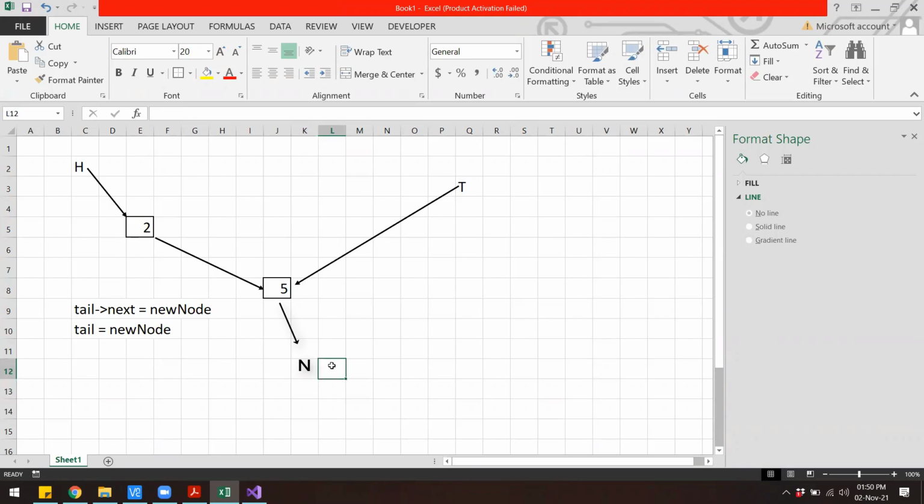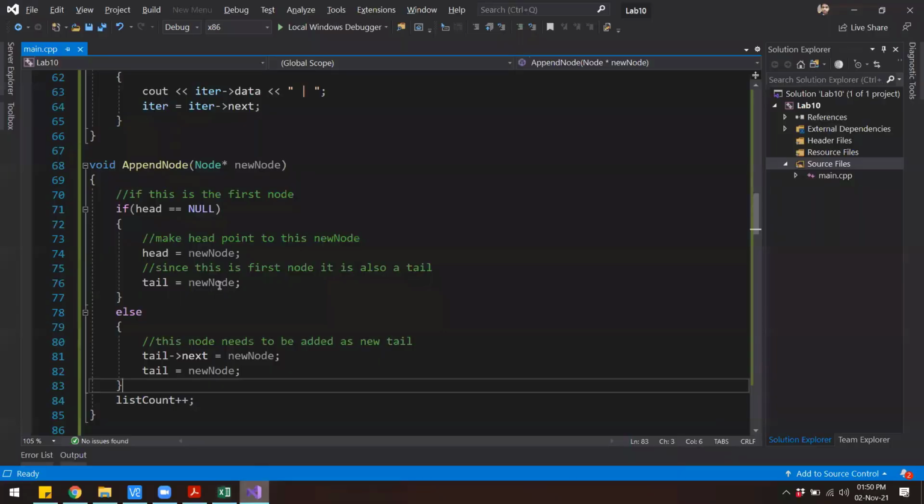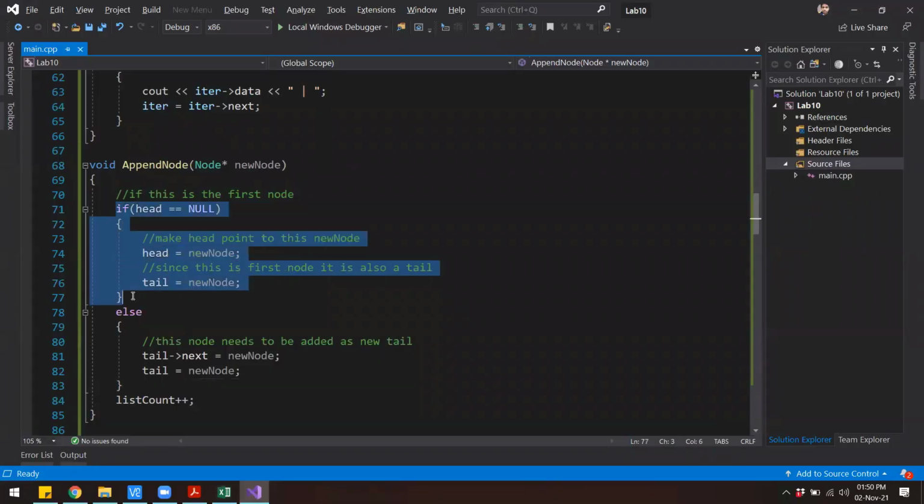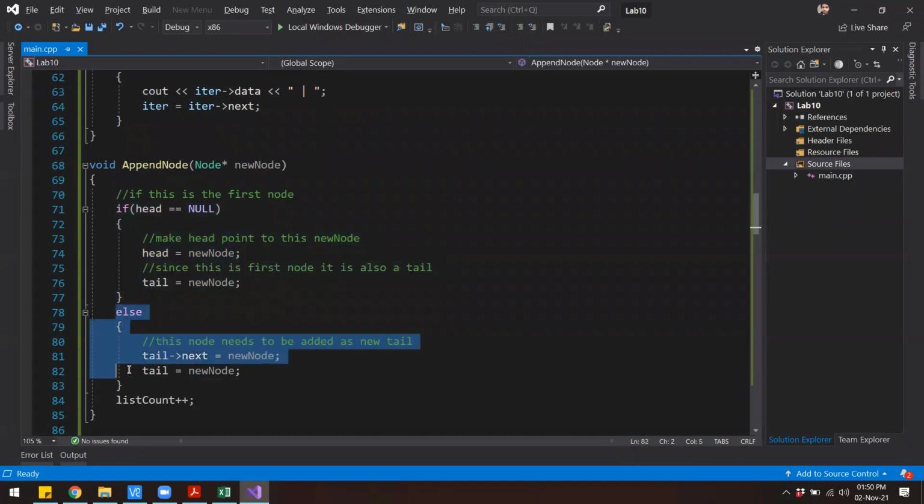So in here we can have two cases. One is when the list is empty. So if the list is empty, then we will have a different logic for appending. And the second case is when there is some element already in the list. So in that case, we will have a separate logic. So this part is for the first one when the list is empty. The second part is when there is at least one node in the list.